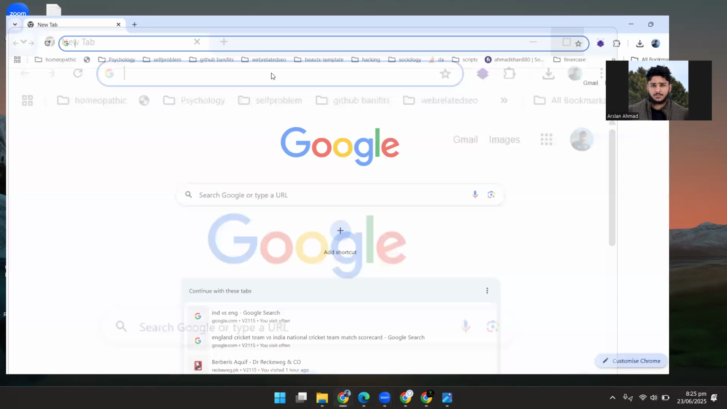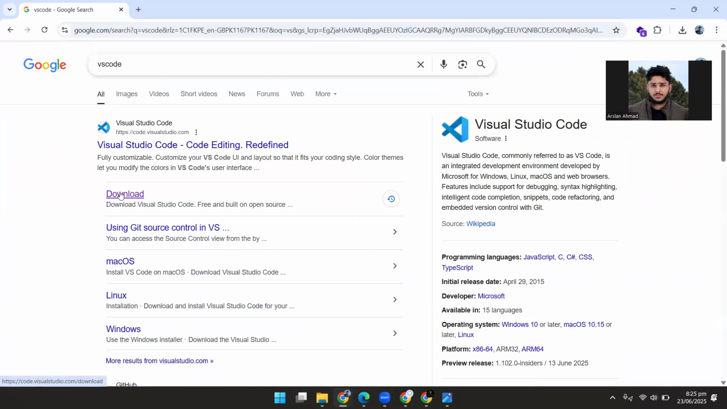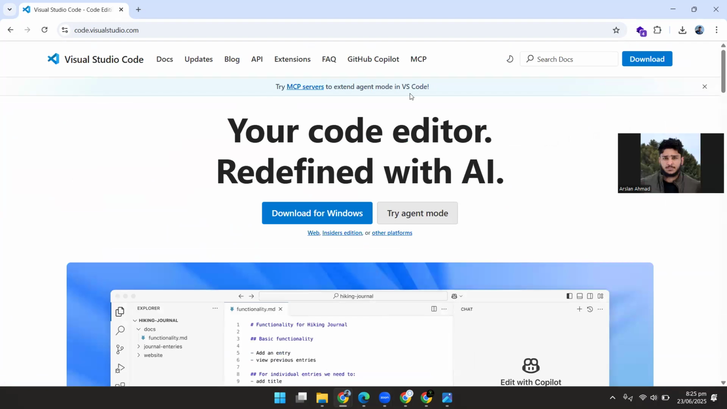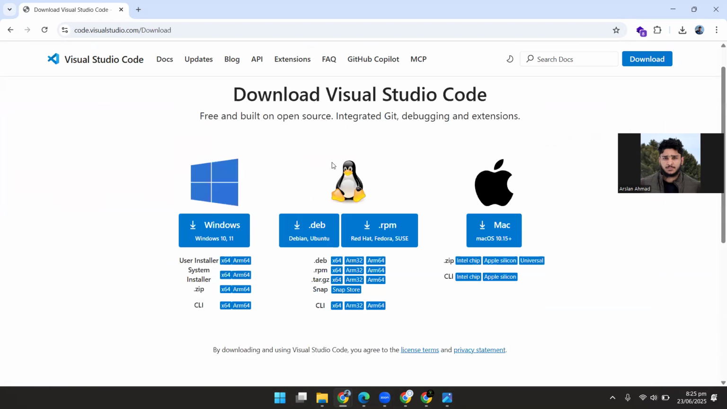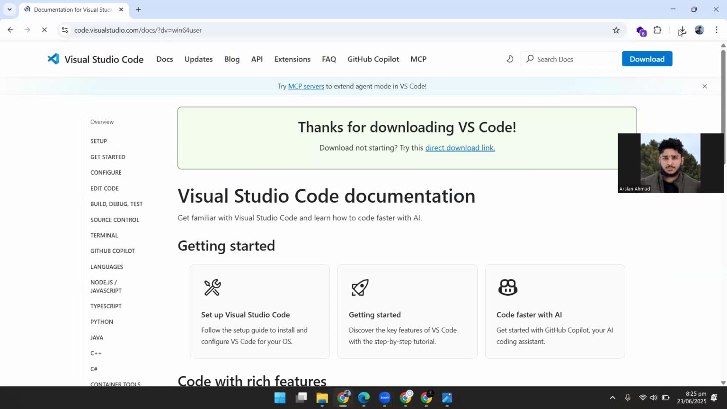So I have opened Chrome and I type here VS Code. Click on downloads here and open the website and go to download from here. And download from Windows, click here. It will start the download process, and once it's completed,